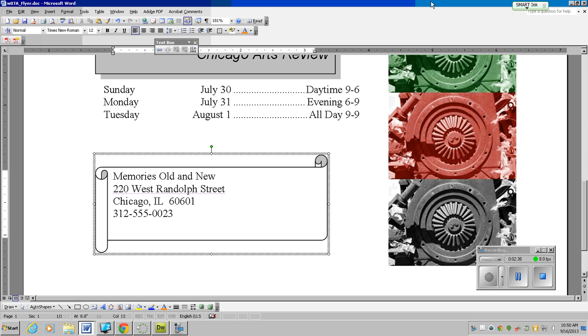Once I'm done keying in that information, I am going to highlight the first line of the text